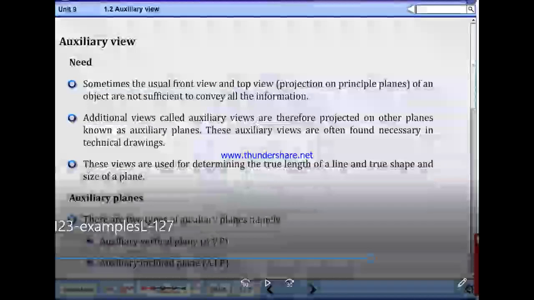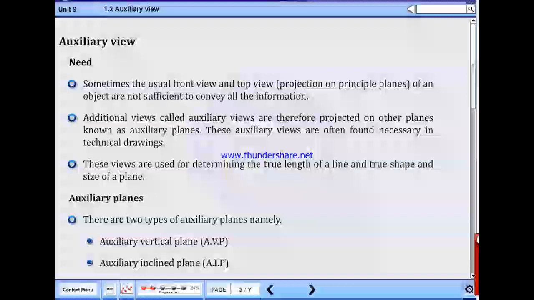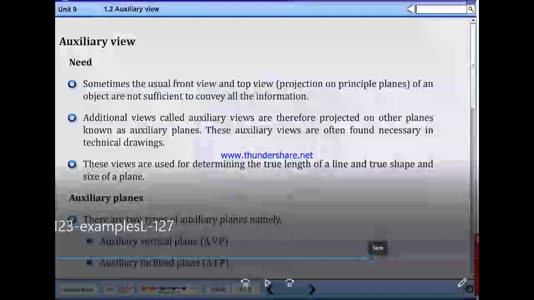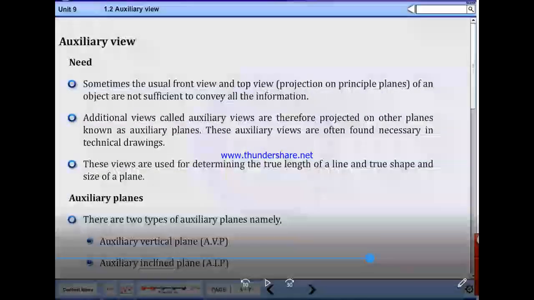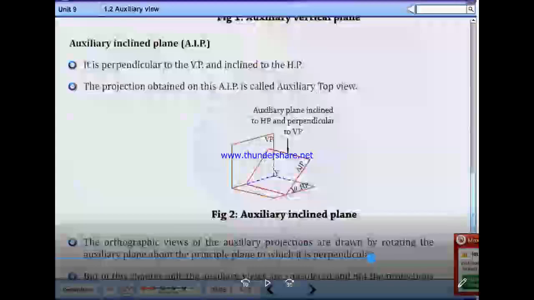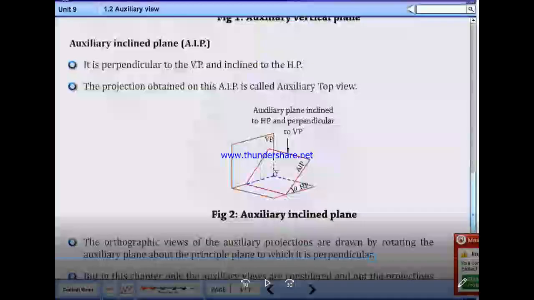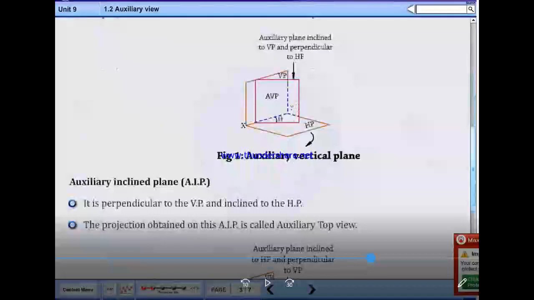Auxiliary planes. There are two types of auxiliary planes, namely the auxiliary vertical plane and the auxiliary inclined plane. Note down the auxiliary vertical plane.